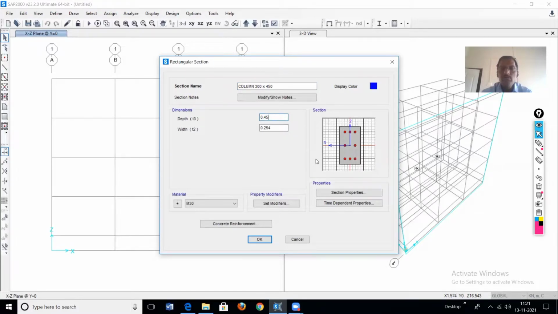The depth of the column is 0.45 meter. The width is 0.3 meter. Then at the bottom you have to define the material, that is the concrete material, and this is regarding the concrete reinforcement.